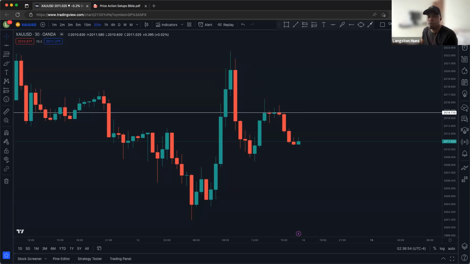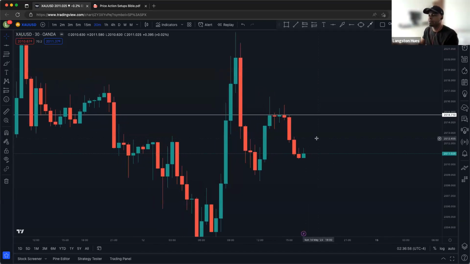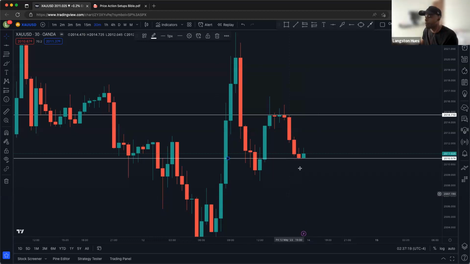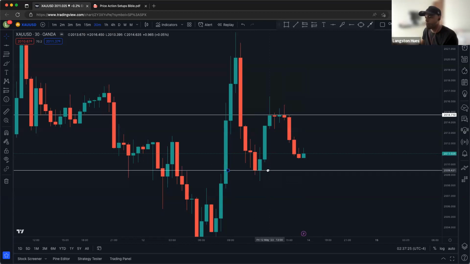Now, next to that, where's our support? Is it here? Is it here? This is our support right here. Is it here? No, our support is right here. I'm using the wrong tool, one second. We got a support formed right here, right? If you look to the left and say, oh, this is a better support right here, yeah, this is also a nice support. Both of them are nice.